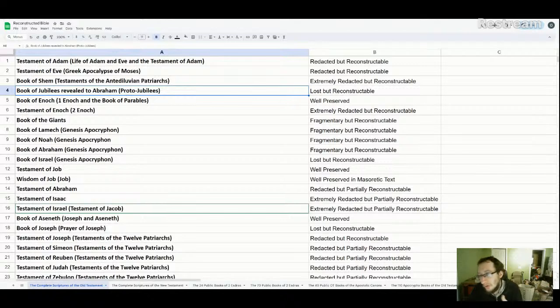So it would have been more detailed. We would also use things like Genesis and the Genesis Apocryphon to reconstruct what this Book of Jubilees would have been for Abraham. And also